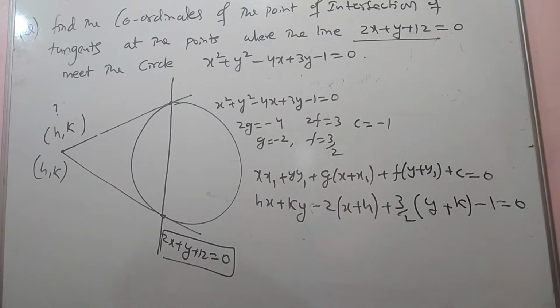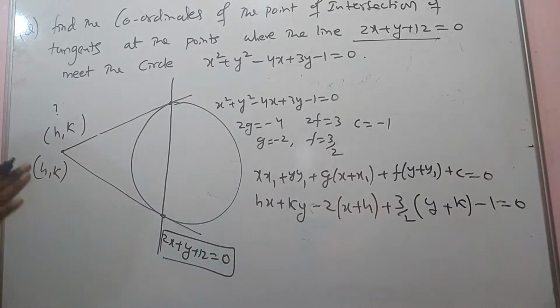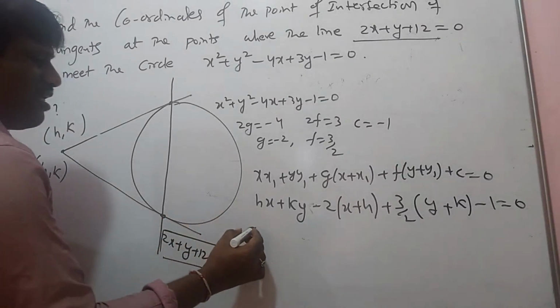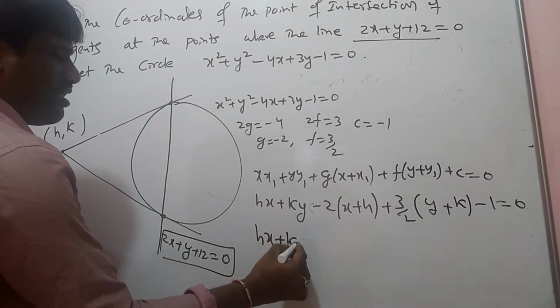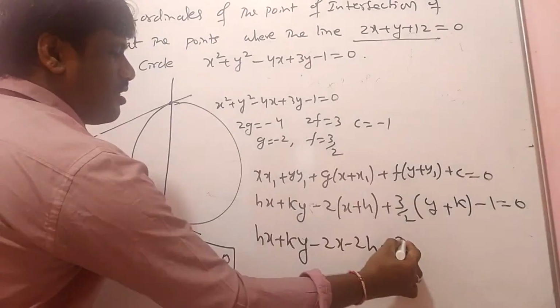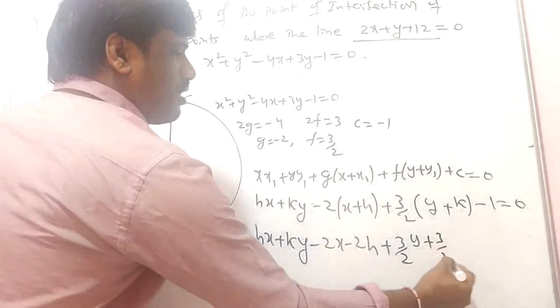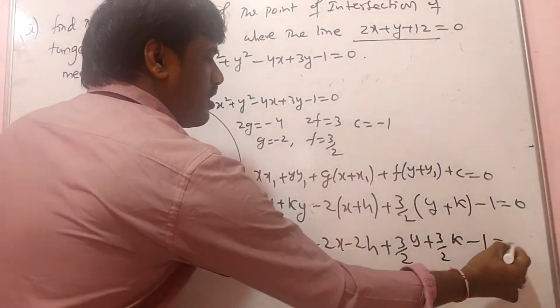So I think what we got is only correct, we assume, because sometimes in books they make mistakes also. You can search the same question on the internet, maybe you will find different answers for the same question. Different answers are appearing, which means something is a mistake in the question. That's it. Minus 2x minus 2h plus 3 by 2 y plus, this I can write as 3 by 2 k minus 1 is equal to 0.